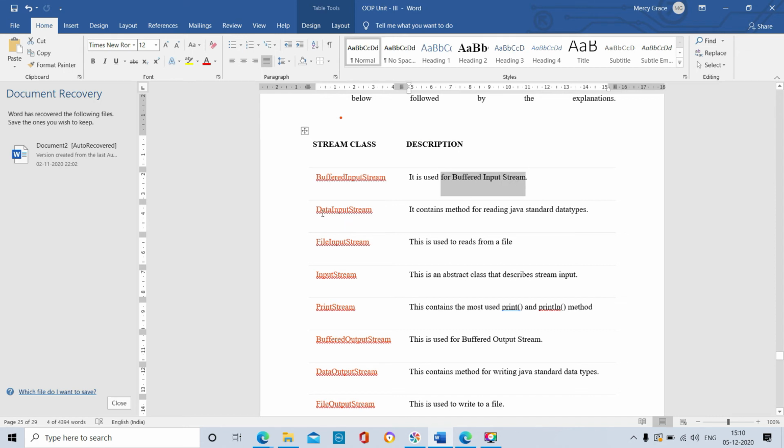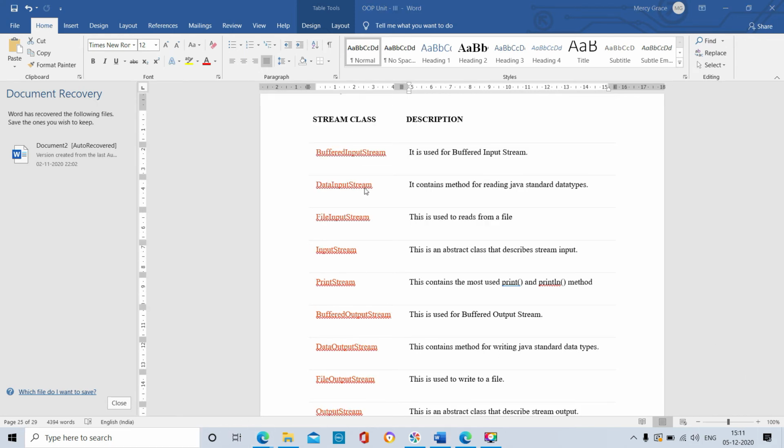Data input stream is the class. It contains methods for reading Java standard data types. You know very well the Java standard data types: integer, string, float.